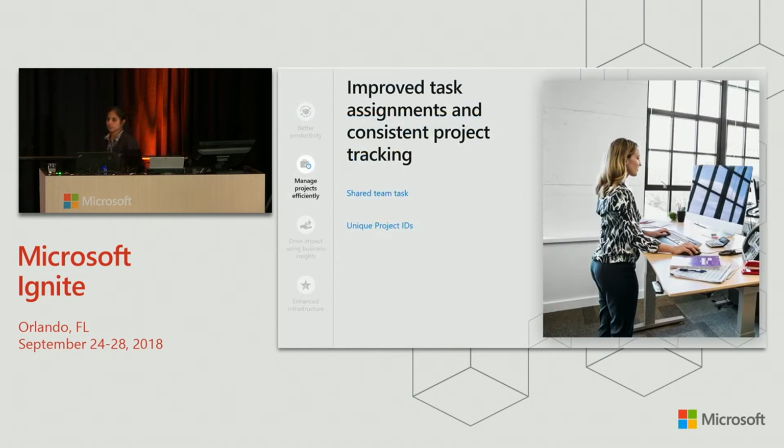So there we saw that the narrator announces mandatory fields. This enables a person who is visually impaired to know that there are mandatory fields and go ahead and input the necessary information. The next feature that I'm going to talk about is an excellent example of how we have incorporated customer feedback